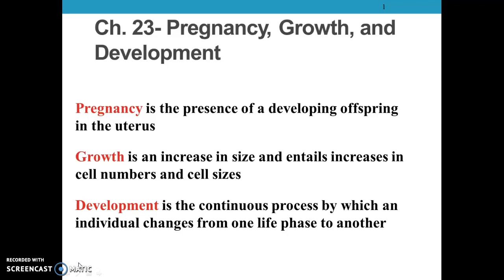Mitosis is responsible for growth. And we wrote that last time. If you wanted to, underneath your definition for mitosis, you can write down growth, repair, and maintenance. Those are the functions of mitosis: growth, repair, and maintenance. I know that can be kind of tricky, but don't get those confused. Meiosis is how we made the sex cells. Mitosis is after fertilization occurred. Mitosis is how growth took place.